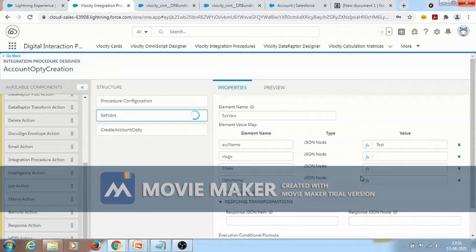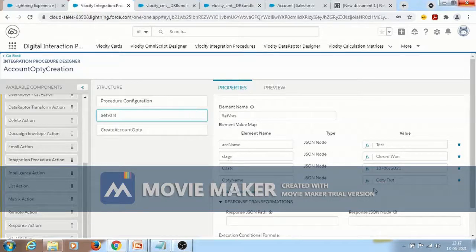Okay, now I'm passing stage name as closed one, close date as today, 13/06/2021, and opti name as opti test.